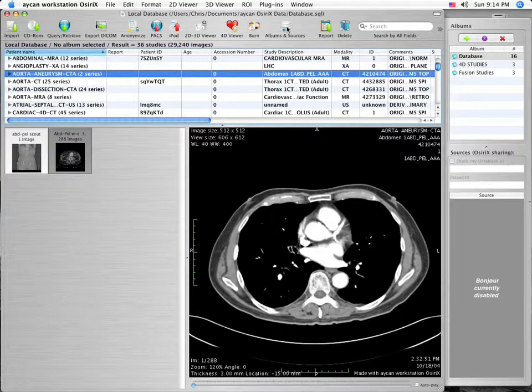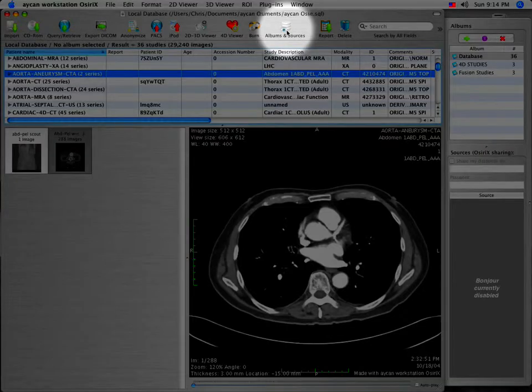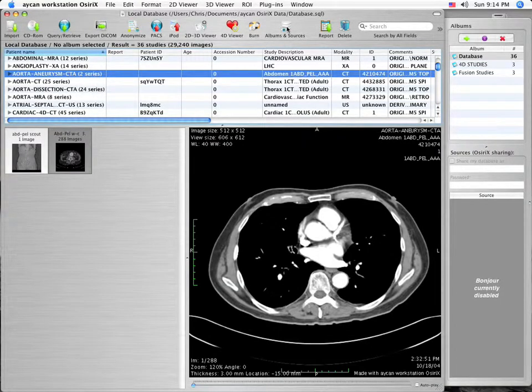The General Patient Database, or work list, can be further defined or filtered by using the Albums and Sources function on the upper toolbar on the database screen. As a note, if you're using a full-screen monitor as opposed to a widescreen monitor and your database window fills the entire monitor from the left to the right, you will need to resize the viewing area before using this